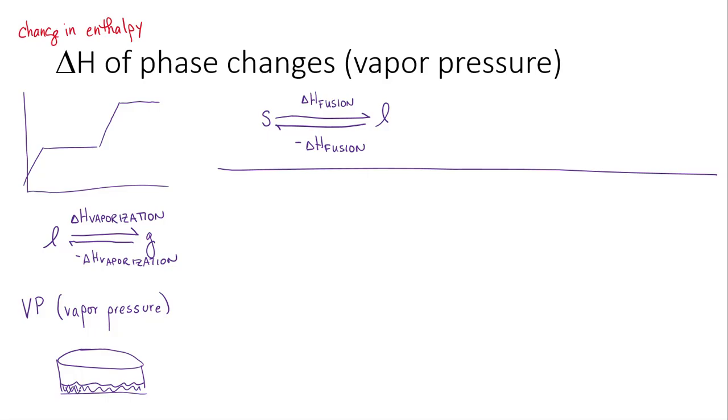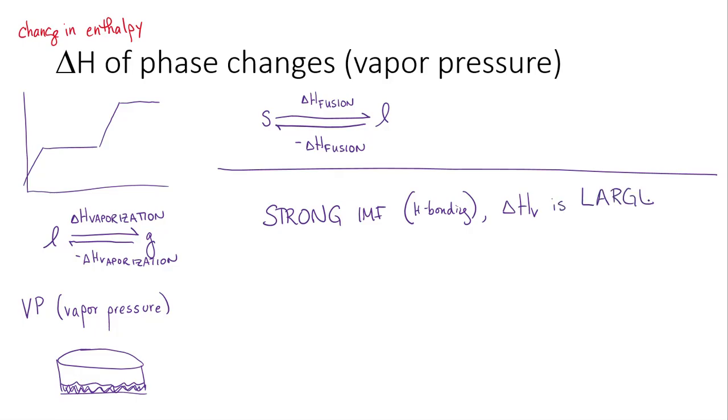What we learned last time was that if a molecule has a strong intermolecular force, like hydrogen bonding, or it's a really noodly molecule that just has London forces, it's going to take way more energy to get it up into the gas phase. So the delta H of vaporization is